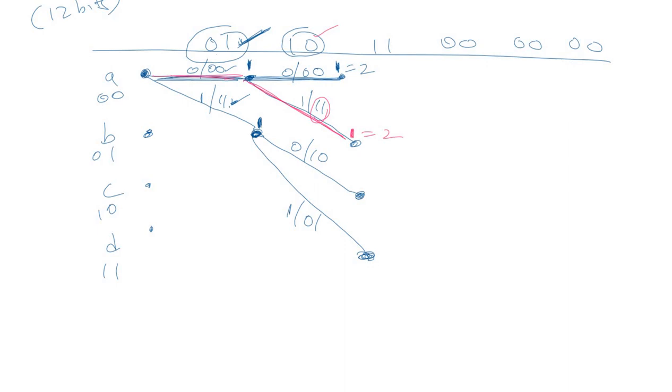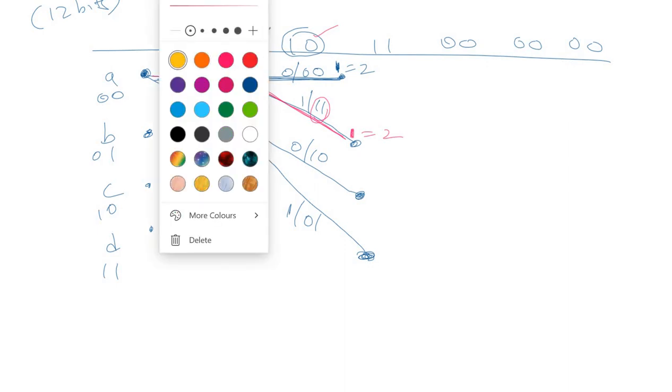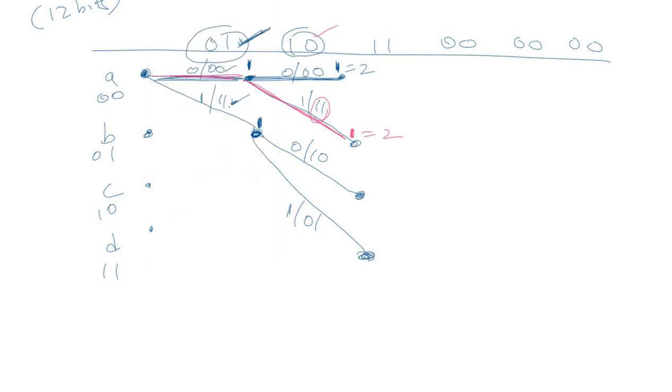Let's take some different color for the next one. Similarly for this, if we compare this with this path, it is exactly the same, right? The output 1 0 is equal to the received 2 bits 1 0. So the Hamming distance for this path will be 0, and the total will be, sorry, 1 plus 0, right? We started from here. So the Hamming distance of this yellow path will be this 1 plus 0, that is 1.